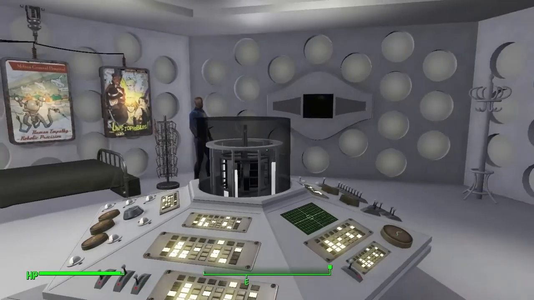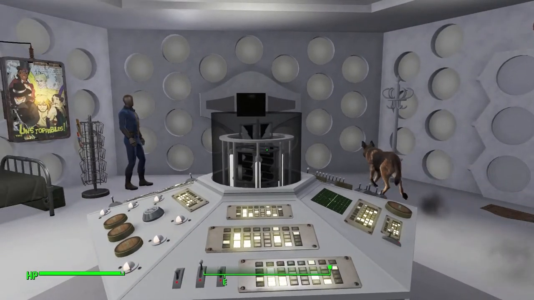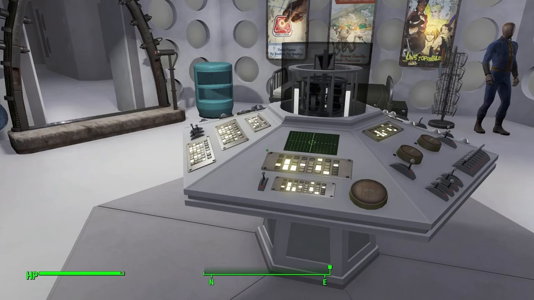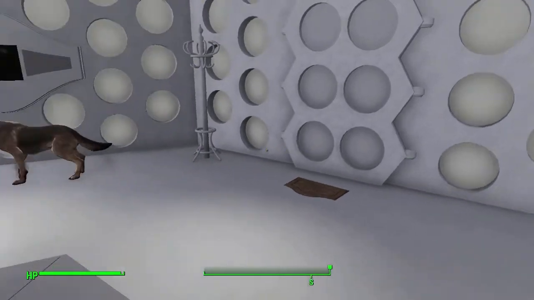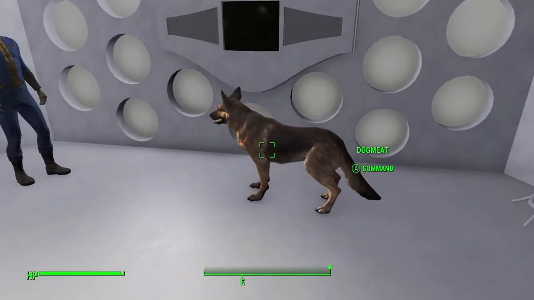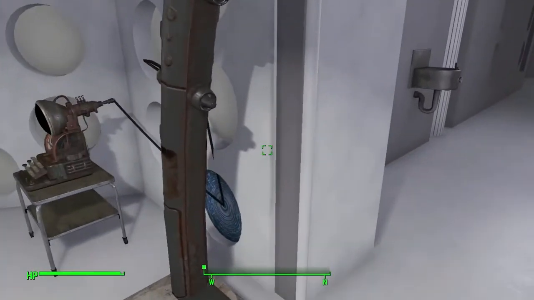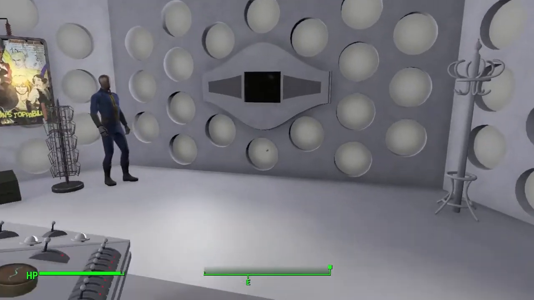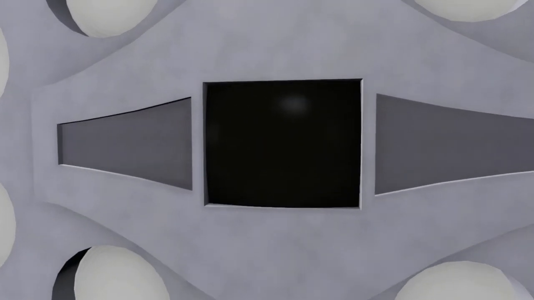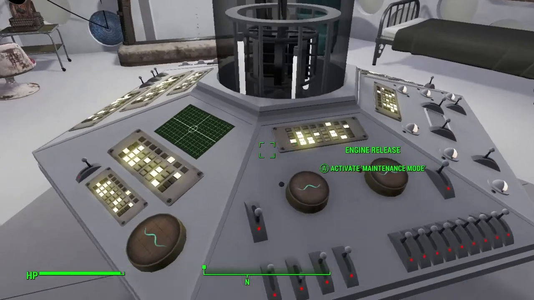Right, so, flying. This is where it gets interesting. So, what I've quickly done is just set our space-time coordinates. Doors are closed, the dog meat is safely stowed aboard, creepy mannequin in the corner. Let's just close these doors. Okay, where have we set our destination actually? We have set it for... Oh, no, hang on. That's not what we want. We want to go to...